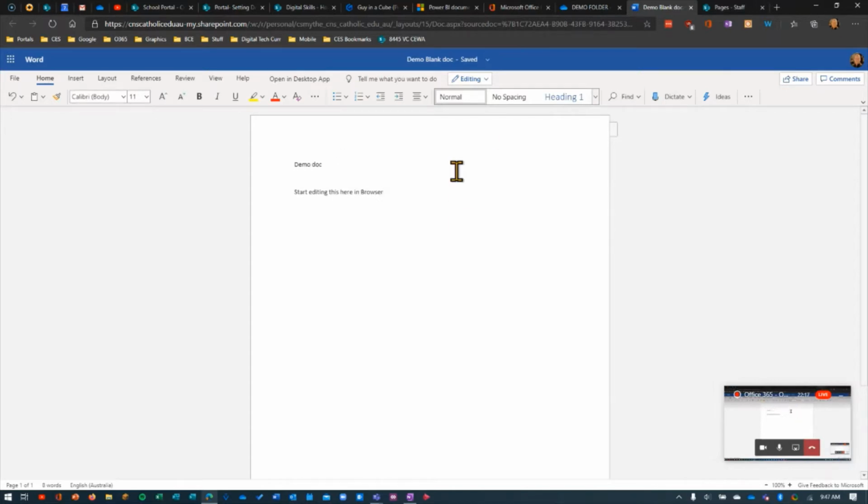Edit that document. Remember, this document lives in my OneDrive. It's called demo blank doc. Because it's in OneDrive, it'll save as I edit it. So I can see it's already saved. If I add something else,